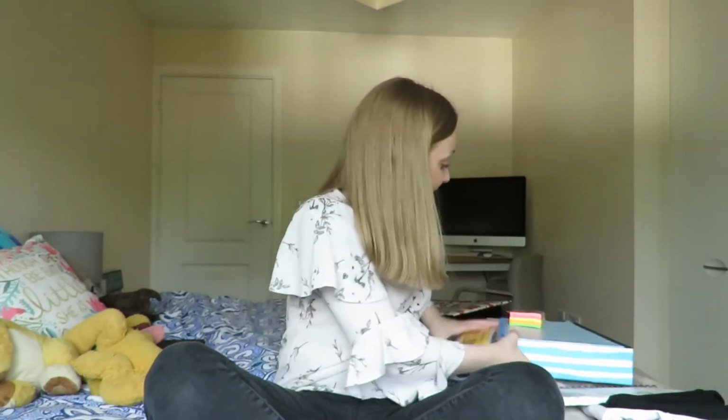One thing I wouldn't recommend is buying yourself loads and loads of folders. Reason being, you will go into your department, and this is the same actually for pens, they will provide you, well, hopefully you'll be provided with pens. You'll have the opportunity to use folders. There will be stuff in school that you will be able to utilise. However, the one thing that I would recommend buying is